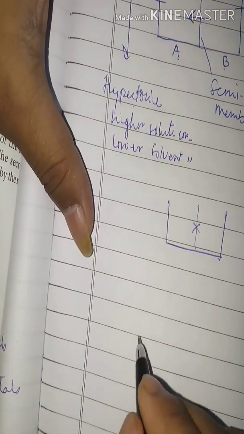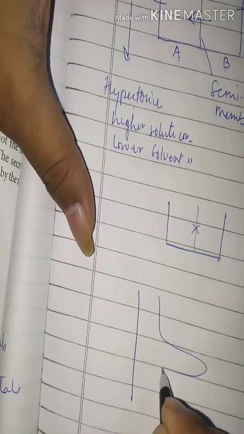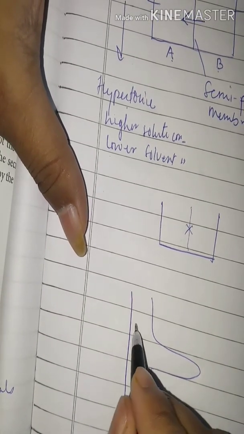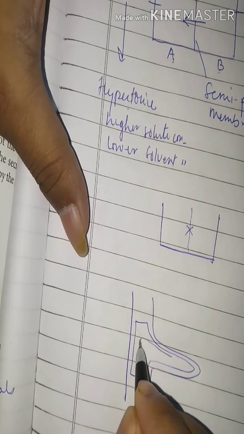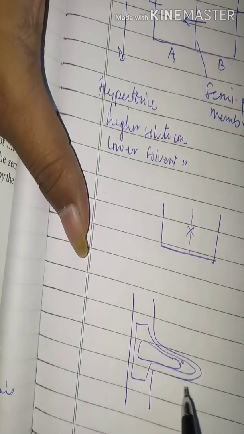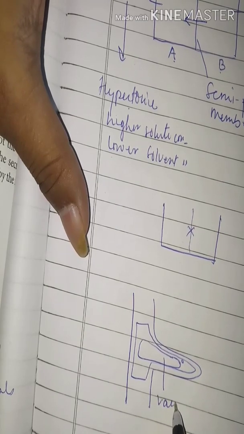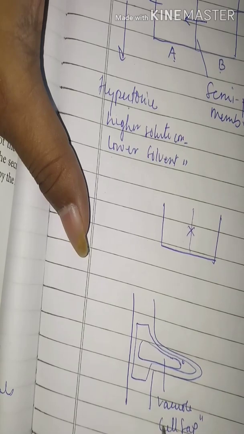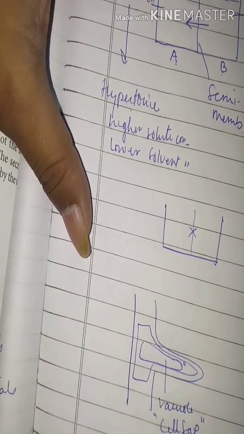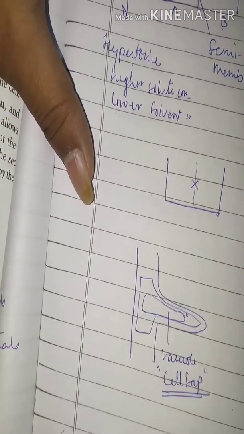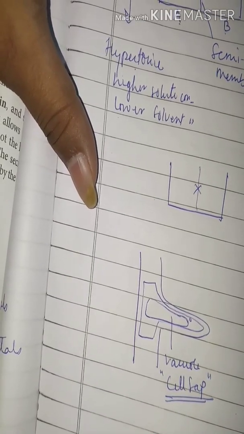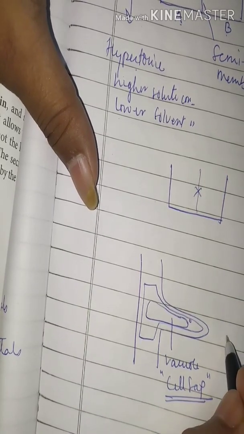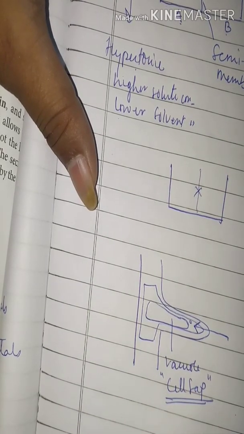See one application here. This is our root hair. The root hair cell contains a large size vacuole and a nucleus. So this is the vacuole that contains cell sap, a solution of water and some mineral ions. So one question arises here: how does the water from the soil move to the root hair cell?